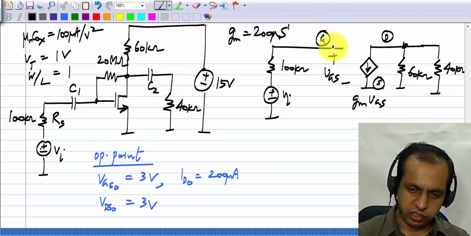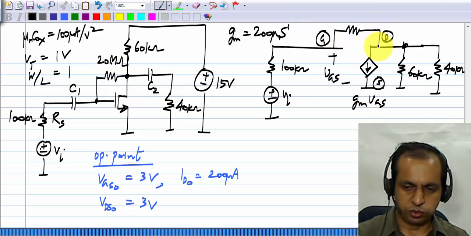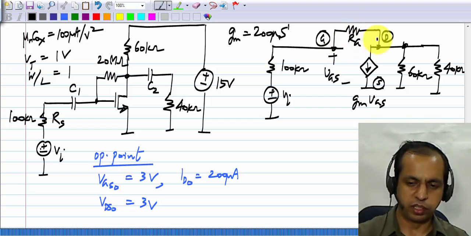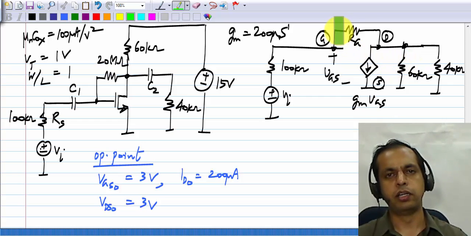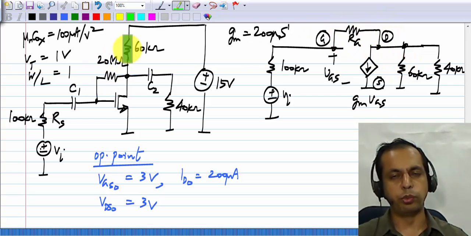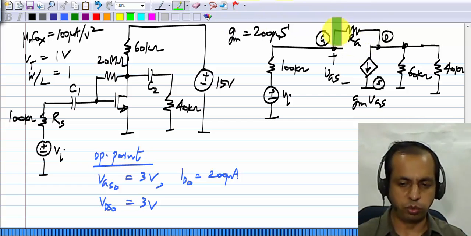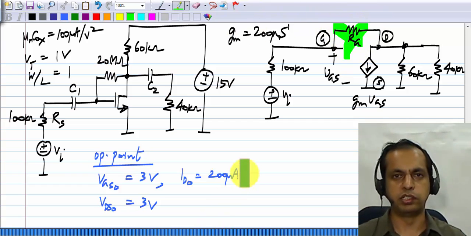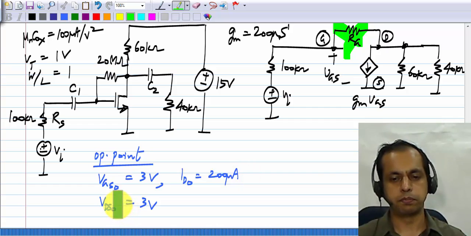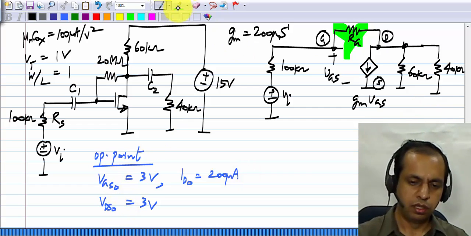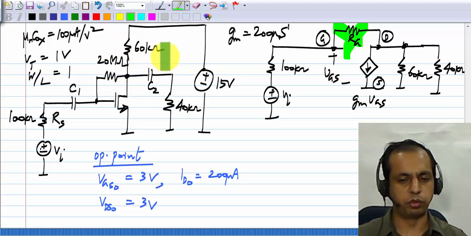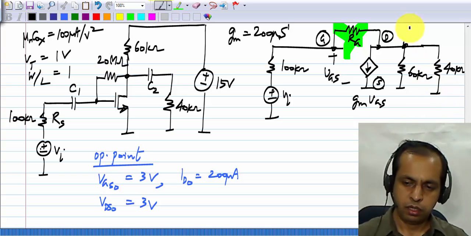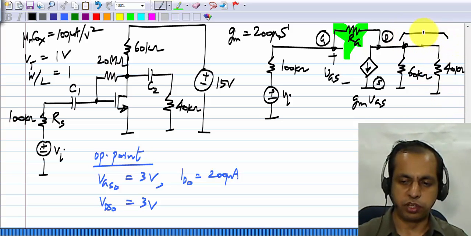There is the resistor RG, but we have chosen its value to be so large that it can be neglected. You can refer to the lesson on common source amplifier using drain feedback to see the constraint on RG. I have chosen it to be so large that it is negligible, so I am not even going to include it in any of the calculations. It's as good as it being an open circuit. And this 20 mega ohm is some value I put down. You can even imagine a much higher value like 50 mega ohm or whatever. Now the parallel combination of these two, 60 and 40 kilo ohms, is 24 kilo ohms.